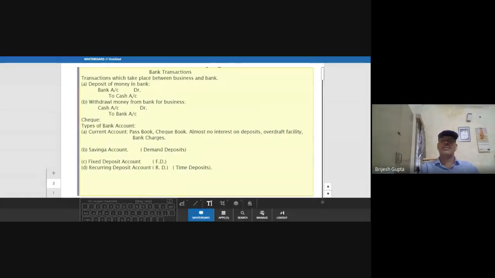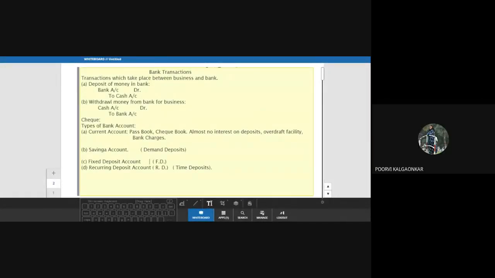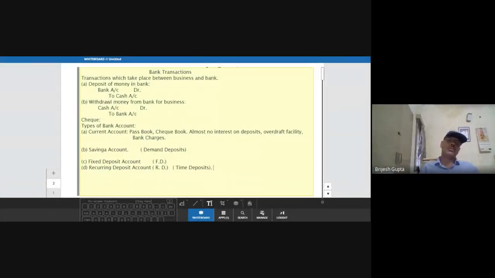Purvi, am I audible? Yes, sir. What I am discussing today are all very useful things in real life. This is all you need nowadays, and you must be aware of these things as a student as well as a citizen. Banking information is now a compulsory and necessary part of life. Without this information, no one can survive. All of us are using bank facilities and services, so we must be aware of these things. This is practical knowledge as well as your subject knowledge.